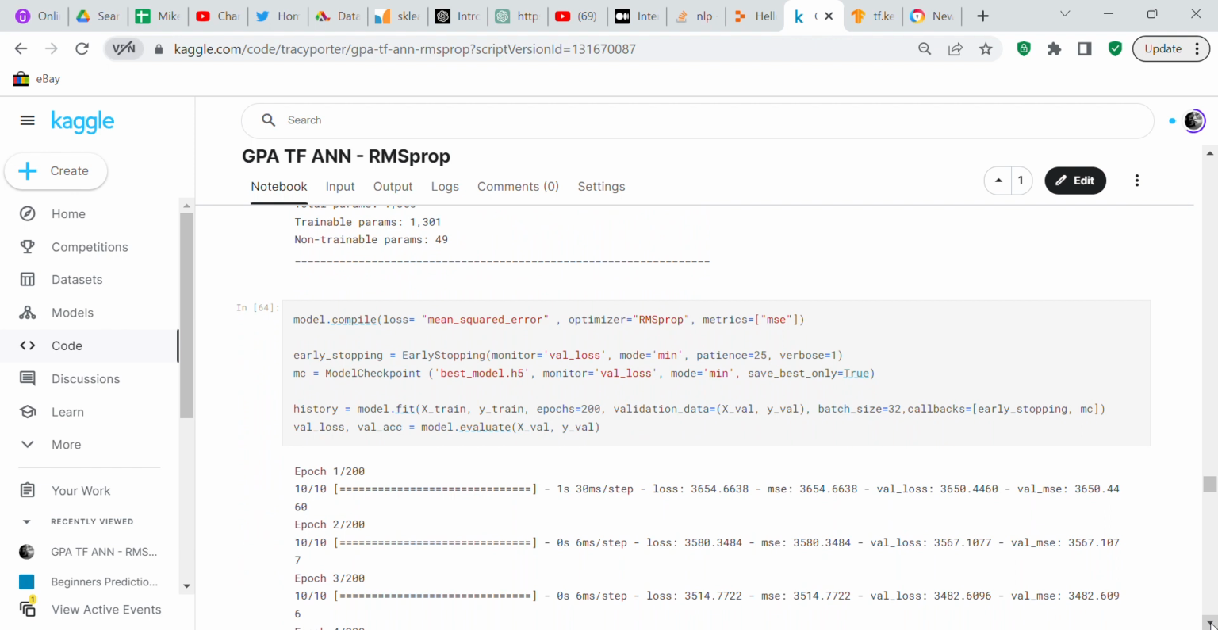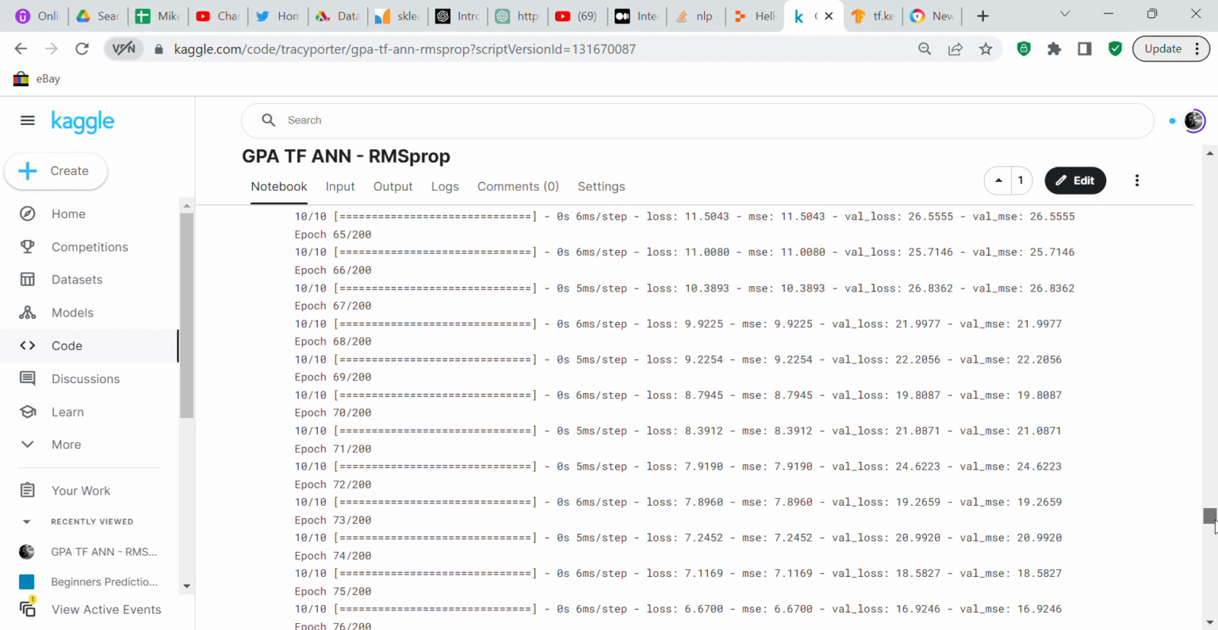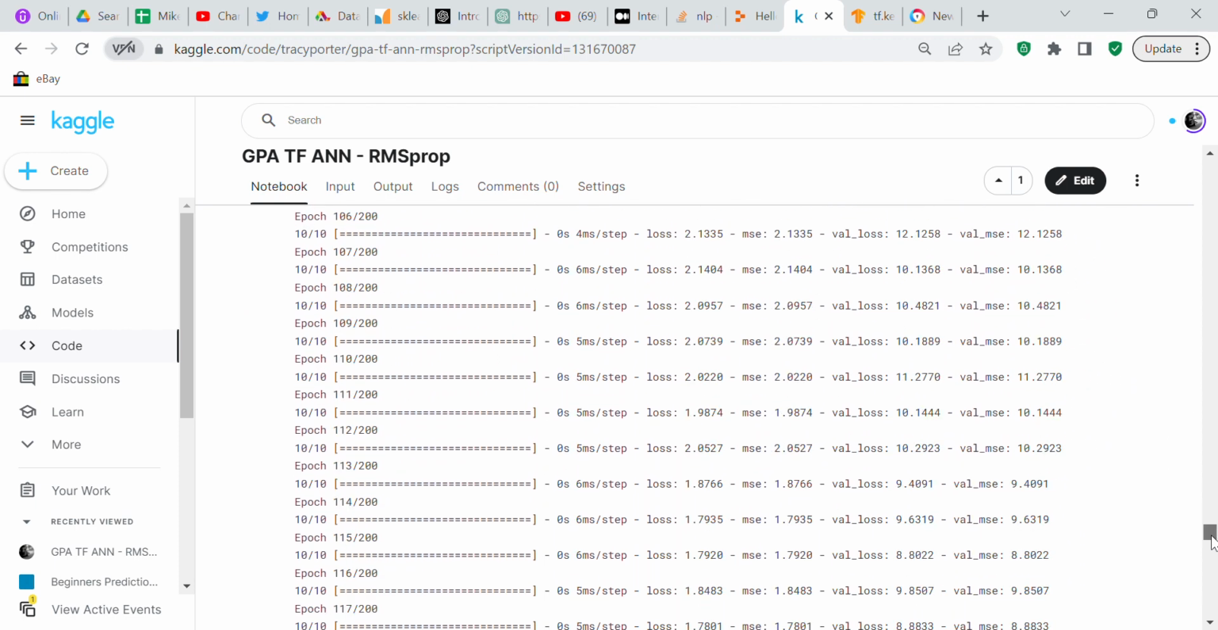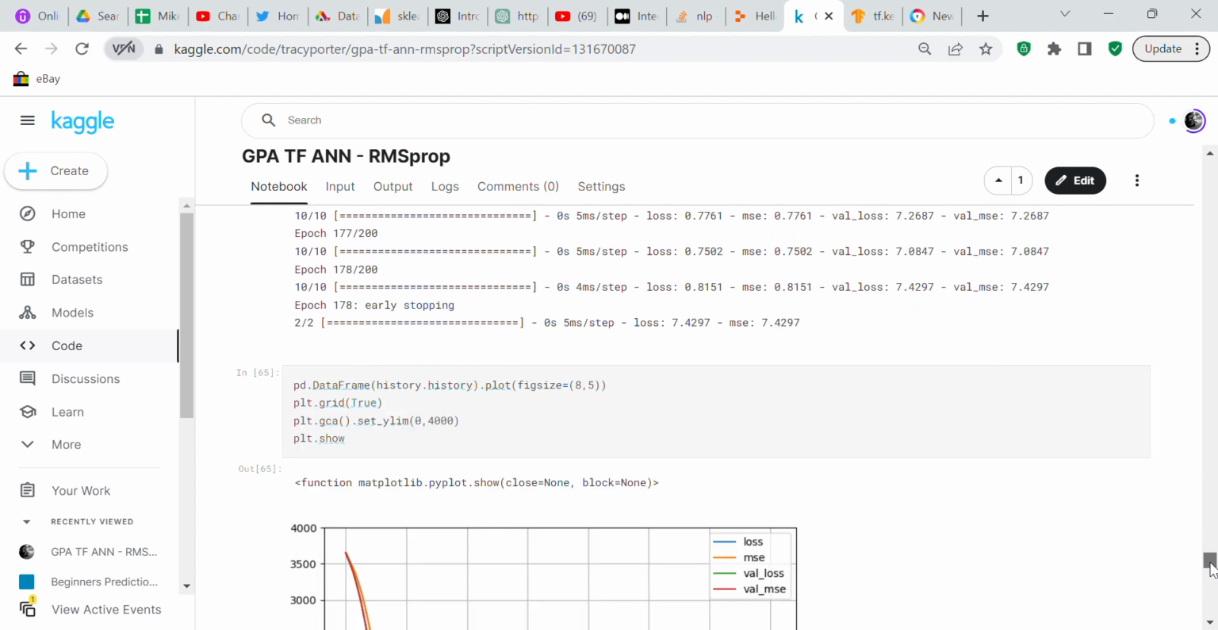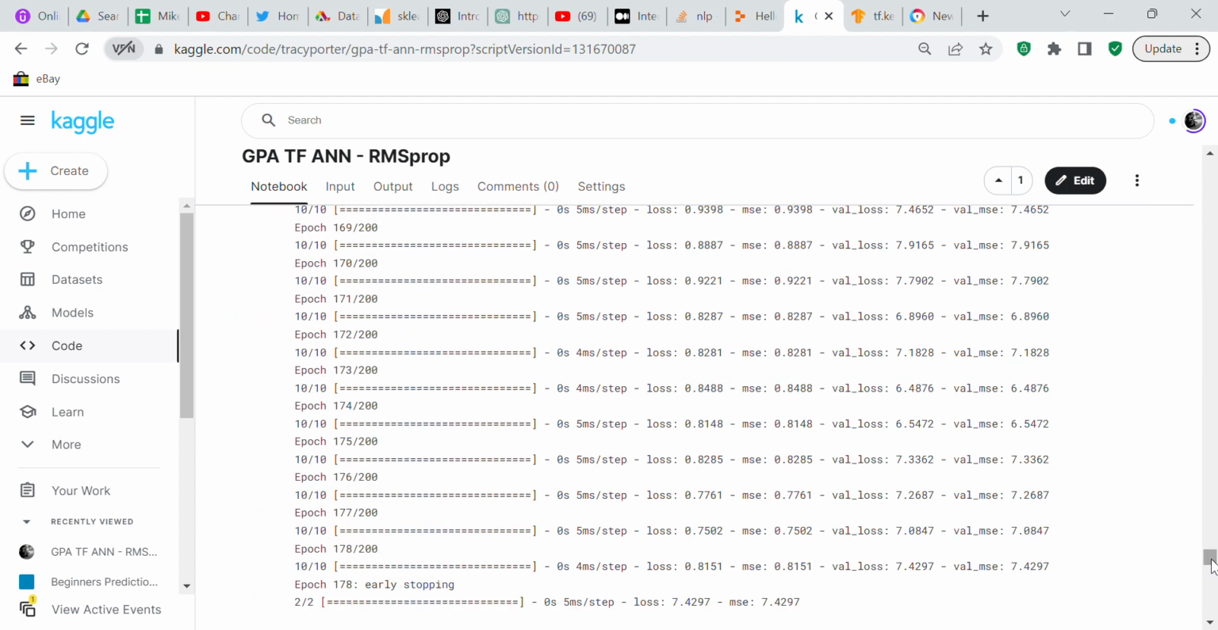So we're going to compile it. I decided in this one to use RMSprop, which means root mean square propagation. Normally we use Adam. I thought I'd try RMSprop to see if it would improve my score. And then we set it up for early stopping and model checkpoint. And we ran it for 200 epochs, and it is going to stop learning. So when it stopped learning, we had to